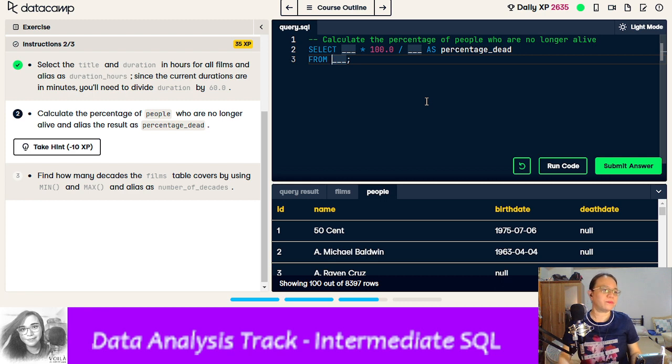So let's see the structure of the people table. It says we have to get the percentage of people who are no longer alive and alias the result as percentage dead. So I think to get that we have to